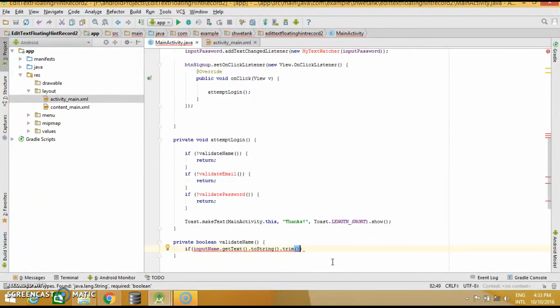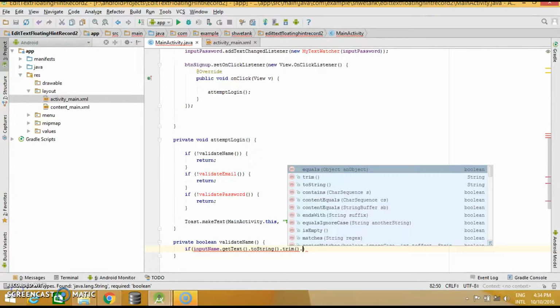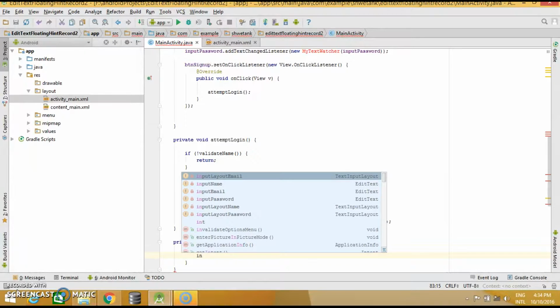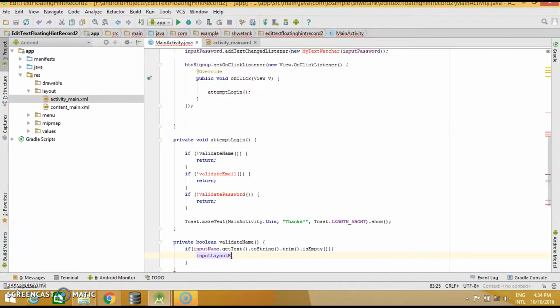So I'm going to use trim so that I can trim out those extra spaces. Is empty. In that case, let's say a user does not put anything in the name edit text,